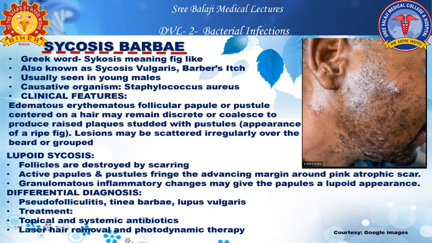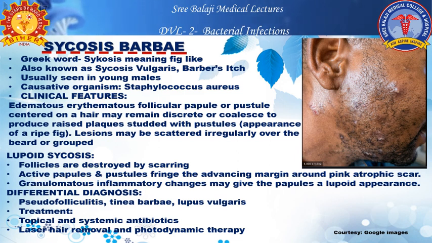Sycosis barbae has nothing to do with a fungal infection. It is a bacterial infection caused by Staphylococcus. What is the meaning of sycosis? It resembles the cut section of a ripe fig fruit, also known as sycosis vulgaris or barbae,